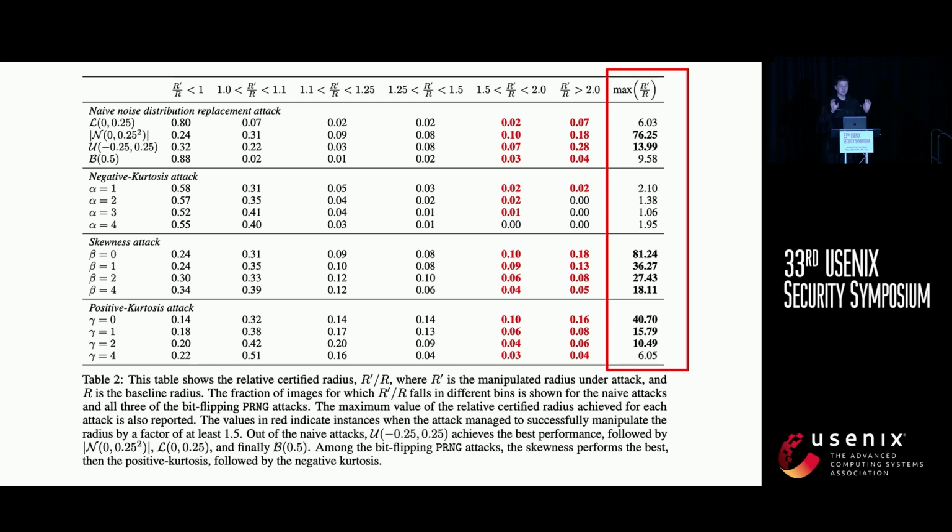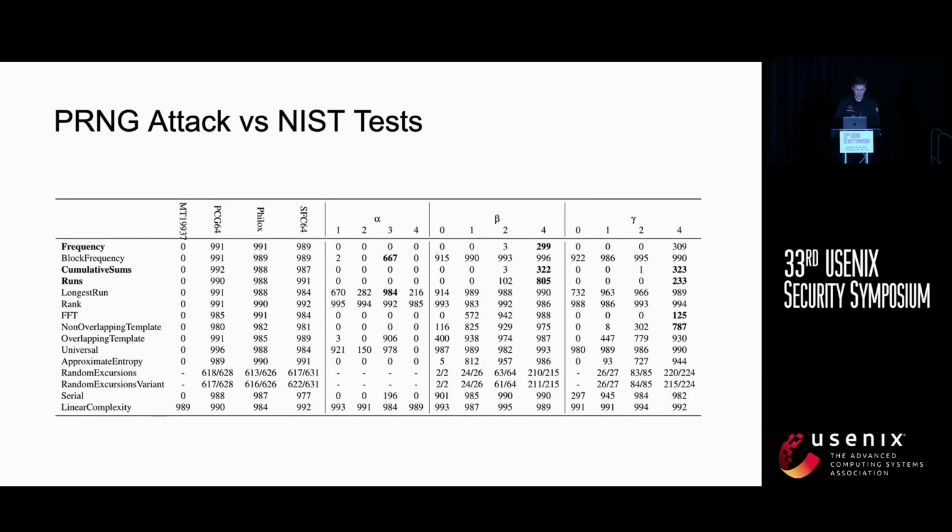It doesn't really matter. What matters is that if you look at the maximum degradation observed in the estimation per point, and that is the column highlighted in red, you can cause as much degradation with the attack methods we described as with completely changing the underlying distribution. And that's an important part. That is, by a single bit change introduced in the PRNG, you can cause quite a big degradation in performance. This is where you would say, okay, but does this translate to actually passing the randomness tests,